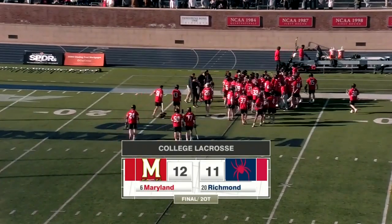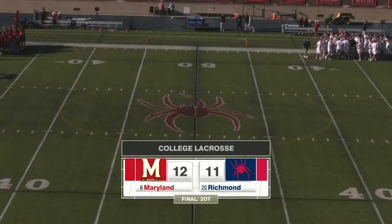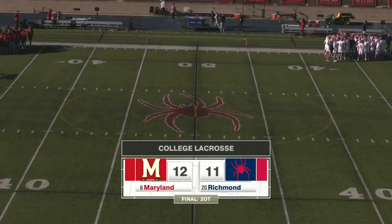Well, we'll do it again on the 17th here when Virginia comes to town. So for Richmond, they'll continue that tough schedule, and they'll play Robert Morris next and see how they handle that one. And we'll look forward to